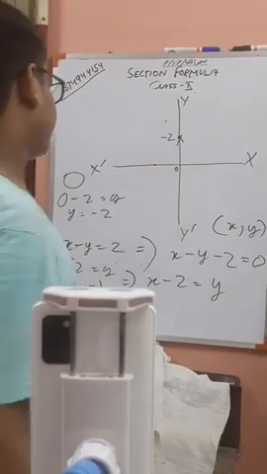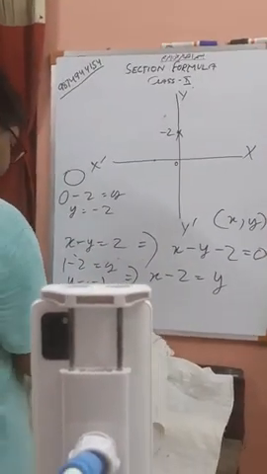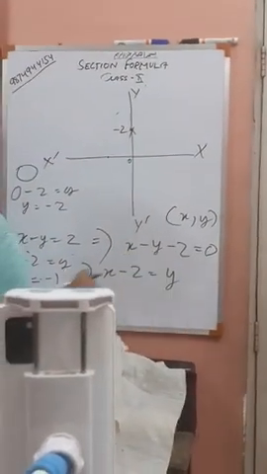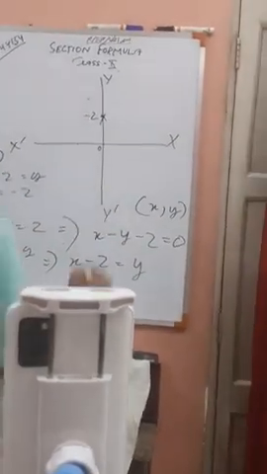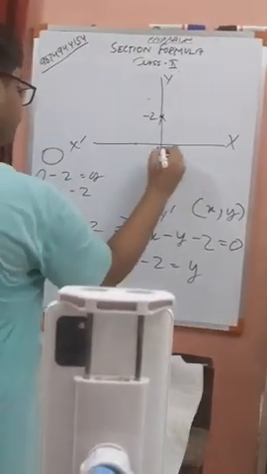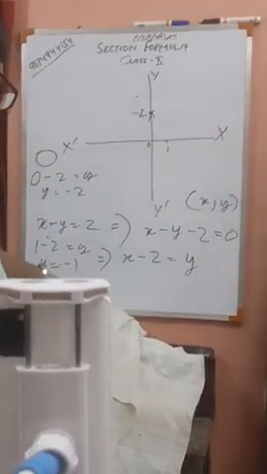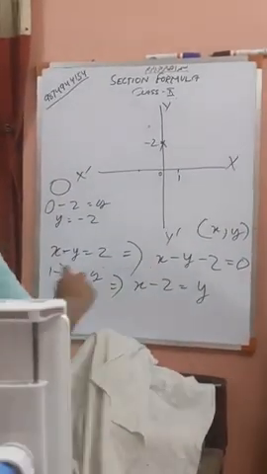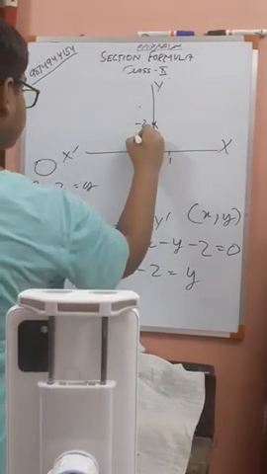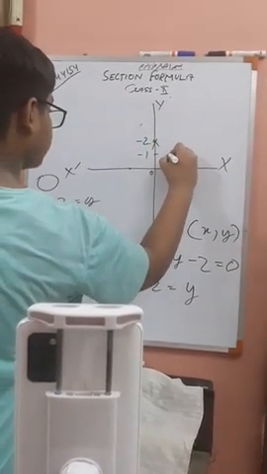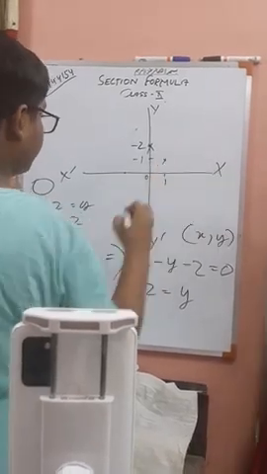Okay. Now, the other one was, if x is taken as 1, this is 1, and then y is equal to minus 1. We had done this here. Y is equal to minus 1. Minus 1 was this, which means that point will lie somewhere over here.